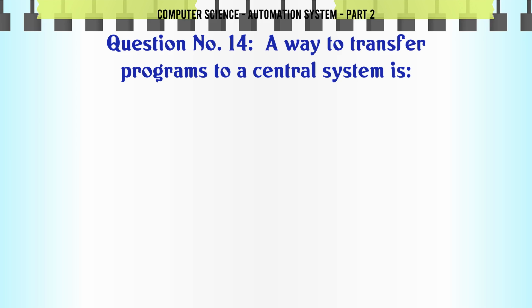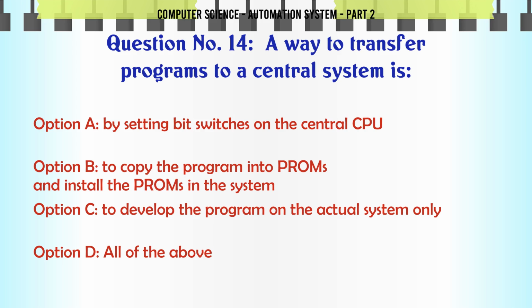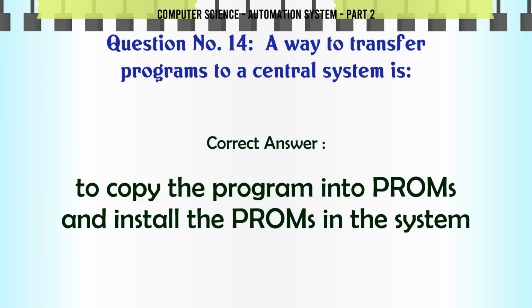A way to transfer programs to a central system is A. By setting bit switches on the central CPU, B. To copy the program into PROMs and install the PROMs in the system, C. To develop the program on the actual system only, D. All of the above. The correct answer is to copy the program into PROMs and install the PROMs in the